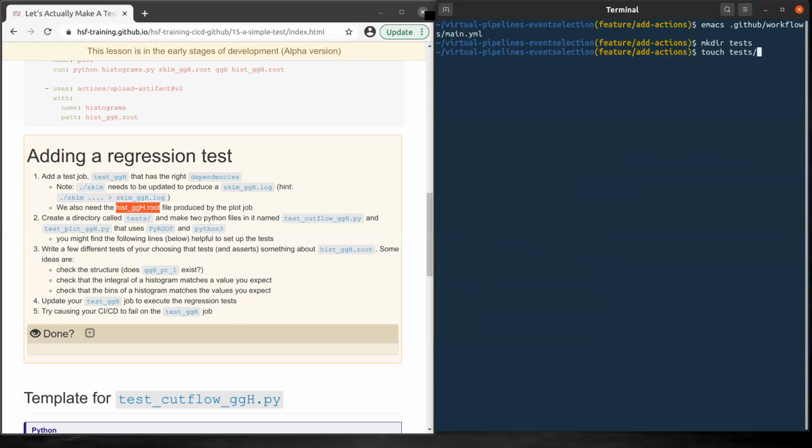The first file will be tests catflow ggh. Sorry, it's a Python script. We need also to create another script with the name plot.